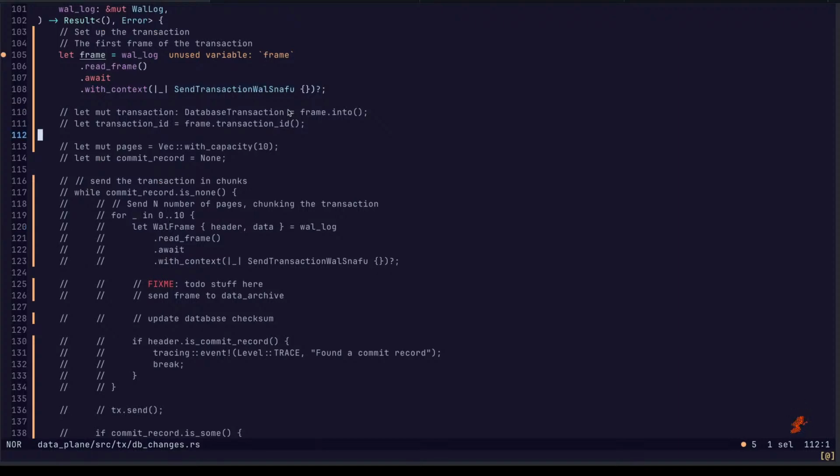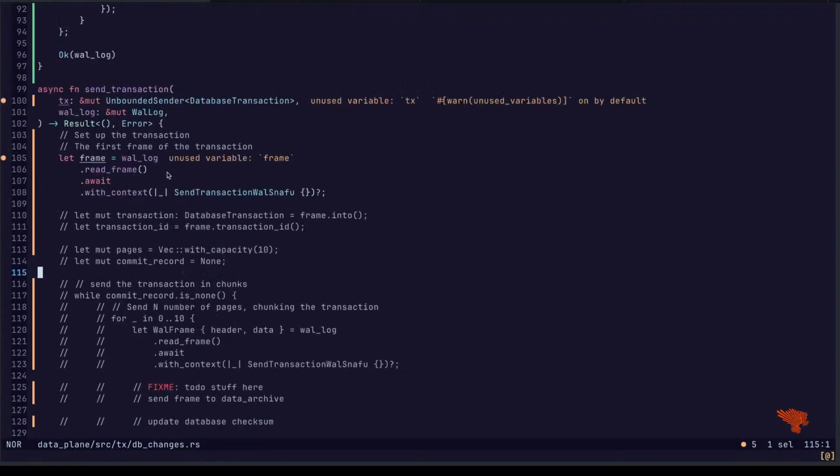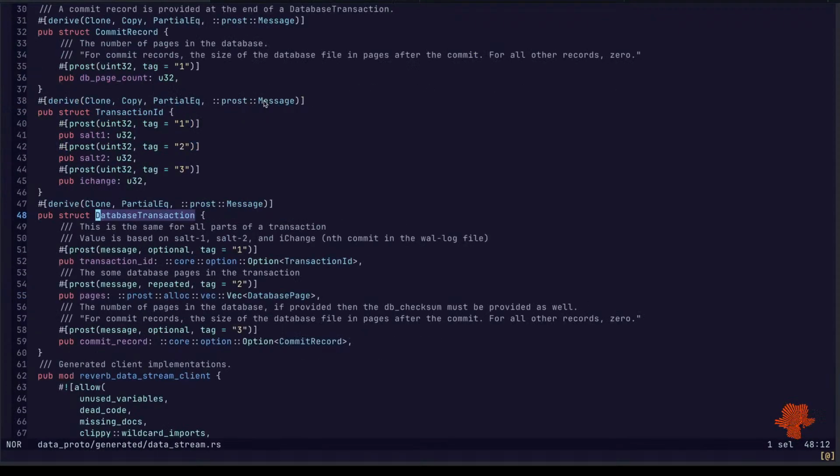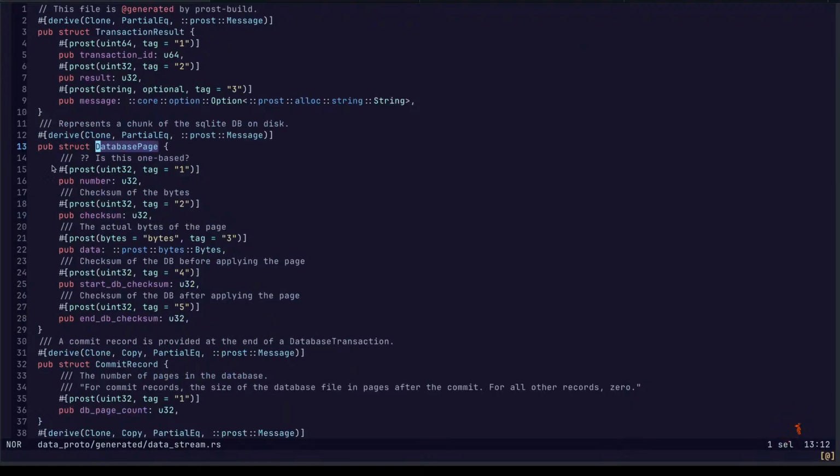Okay, so a transaction, here are the things that we're sending out. They need to have pages, database pages have these things here. And checksum, start checksum, the actual bytes, checksum of the bytes. This is the database checksums, before and after. And the page number.